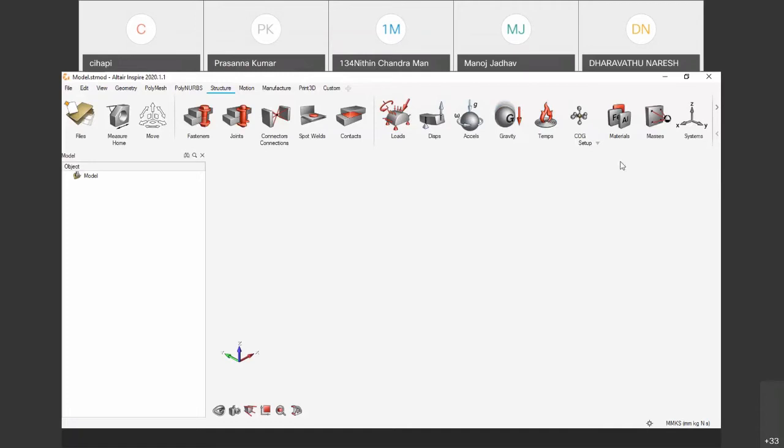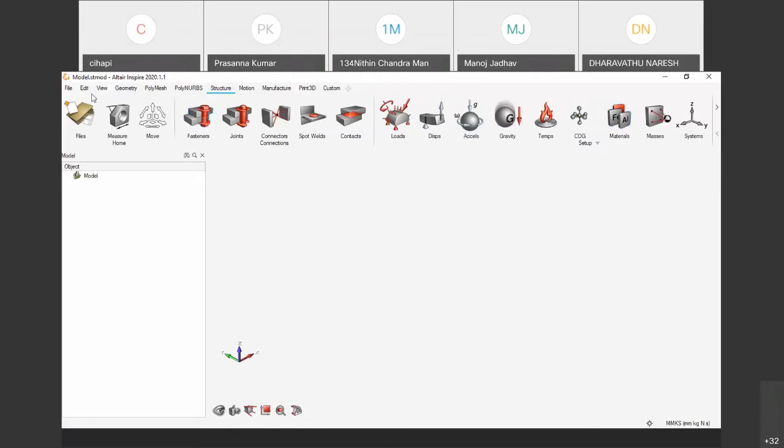These are nothing but the basic material and design properties we have to provide for an object whatever we have designed. Next we have the material properties. We can assign the material properties for that object. We can assign the mass and even the coordinate systems. That's the one option we have here.